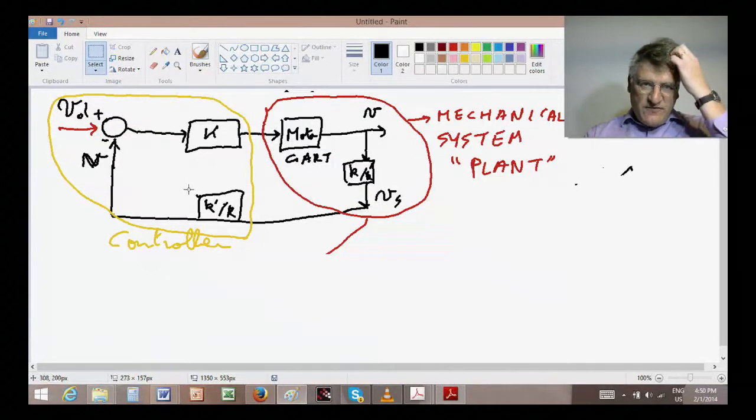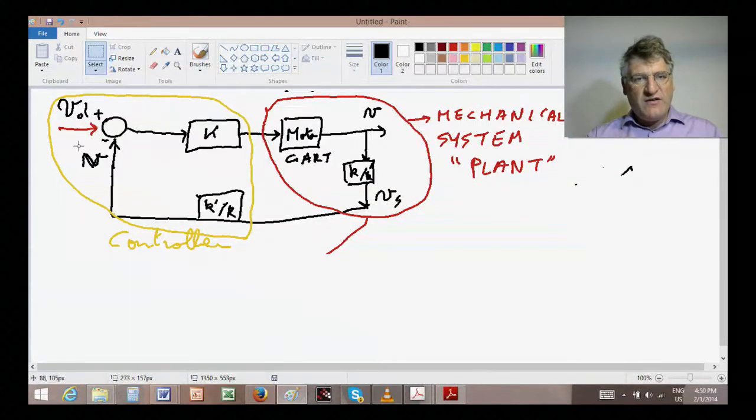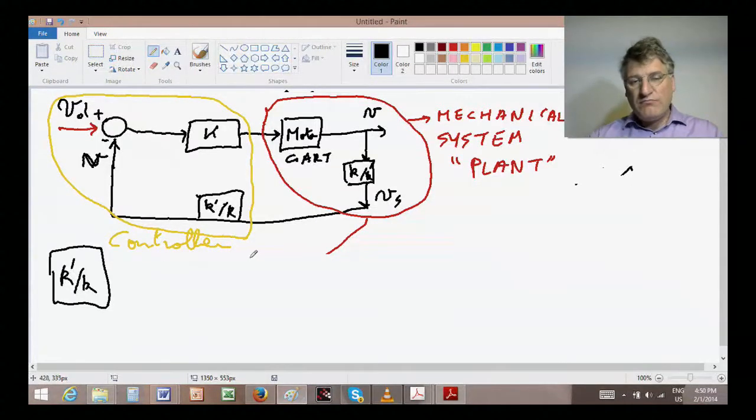So there are a few elements that we need. We need to do k prime over k. We need to compare v desired and v. And finally, we need to build k. So all these can be built via electronic components. K prime over k, for example, provided that it is positive, which it always is,